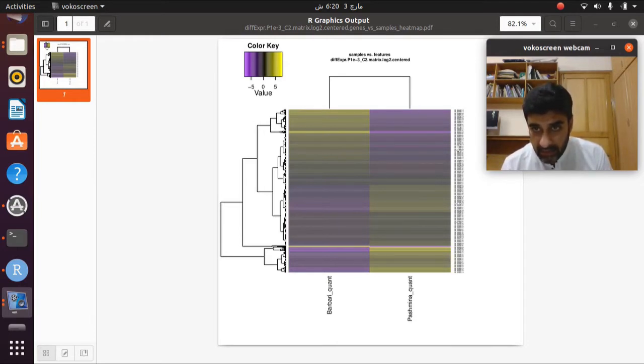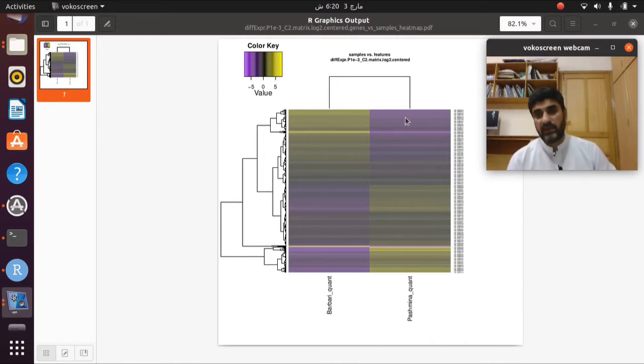Now, this column is the accession number of all the transcripts, all the genes, that are statistically significantly up and downregulated over both samples. This complete column is of Pashmina, and this is another column of Barbary. These two columns are clustered together.